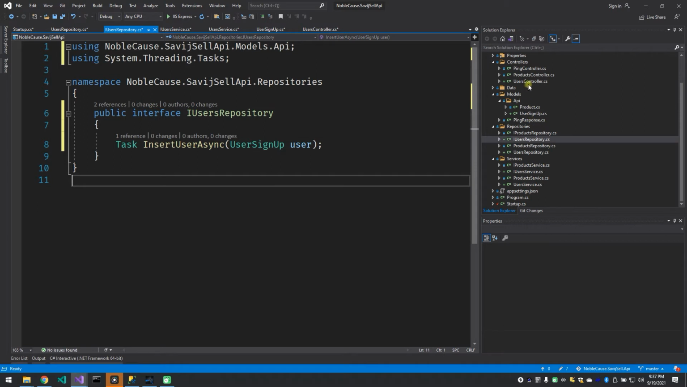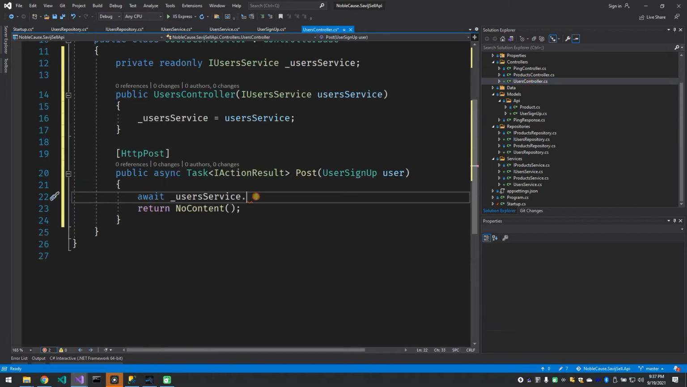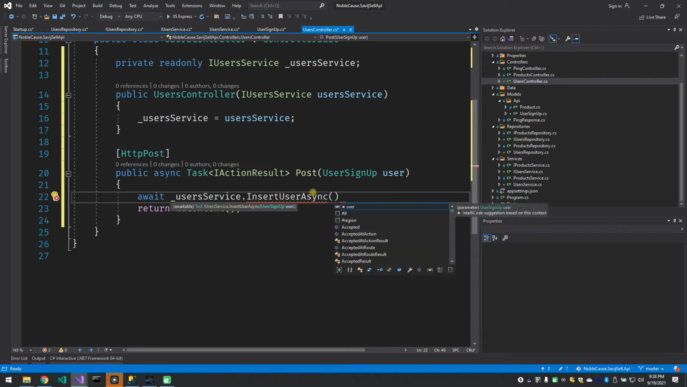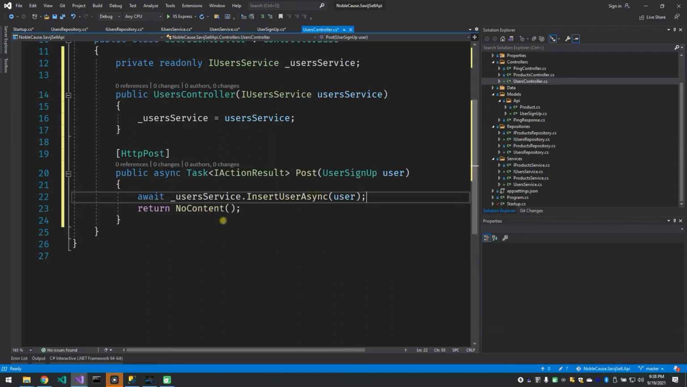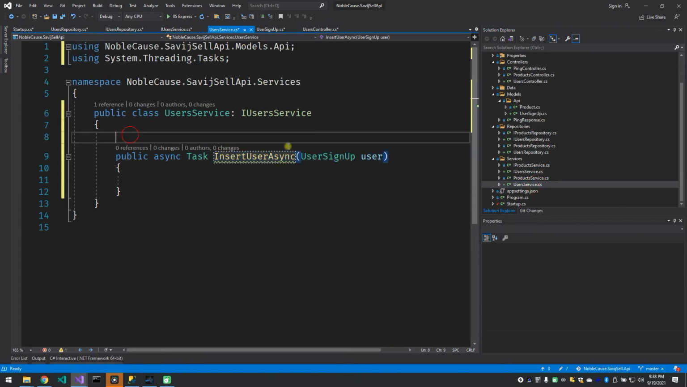All right. Back here now, if we hit dot, we see our insert user async and it takes in our user. That's good for there. So now let's go look inside our service. We need to inject our repository. So same pattern, private, read-only,